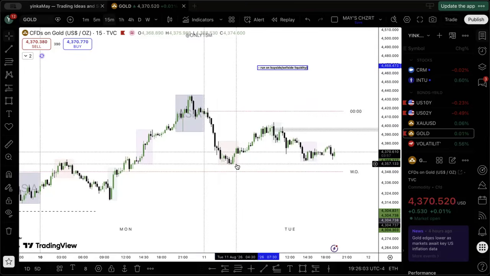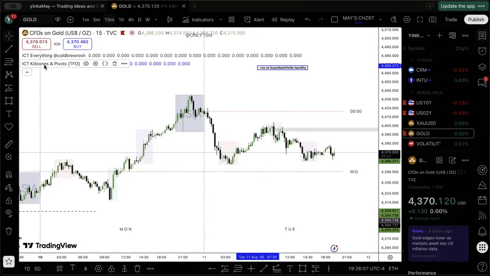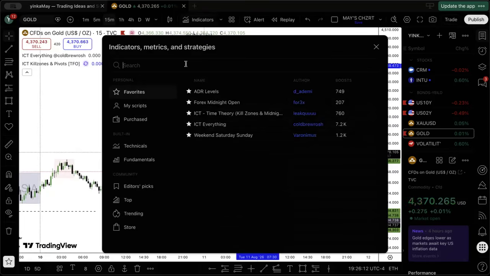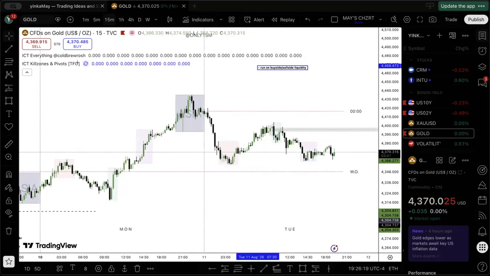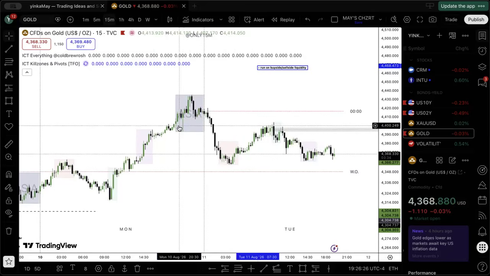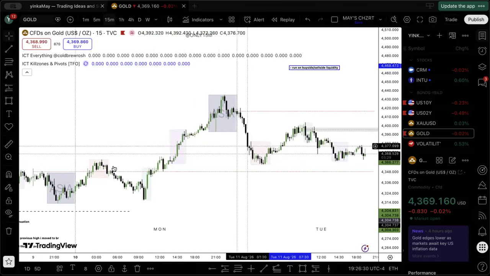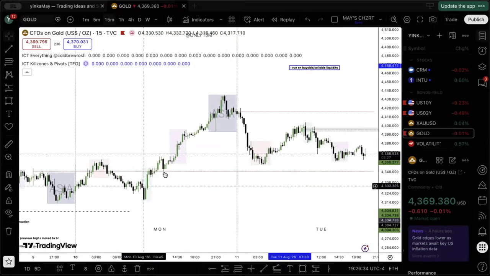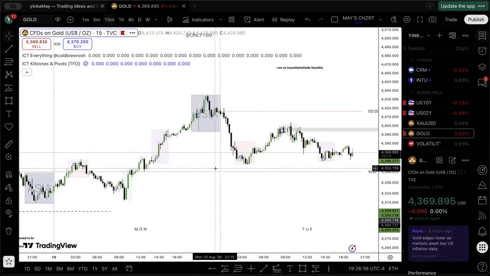To 5 a.m. I have it marked out by an indicator here. That indicator is ICTQ zones. Go to indicators up here and type in ICTQ zones. This one. The moment you see it, just double click it. It's going to show up here, and just put it on. When you put it on, you're going to see all of the sessions that ICT has talked about being spread out. In here, it says Asia, London, New York, lunch, that we call London close. So you see all of that.